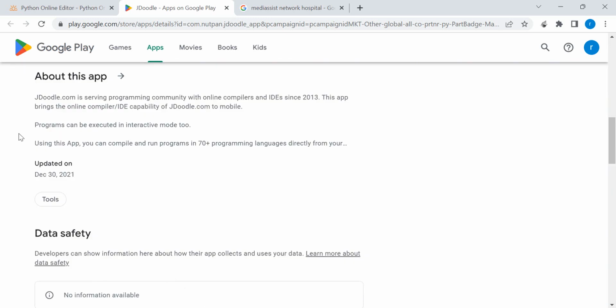So we can see jdoodle.com is serving the programming community with online compilers. This app brings the online compiler and IDE capability of jdoodle.com to mobile. So if a person does not have a laptop or desktop, then they can use this app, and if you need any help in any programming language,